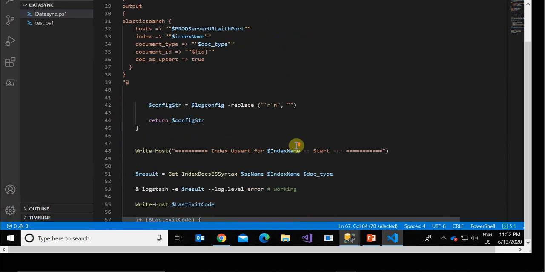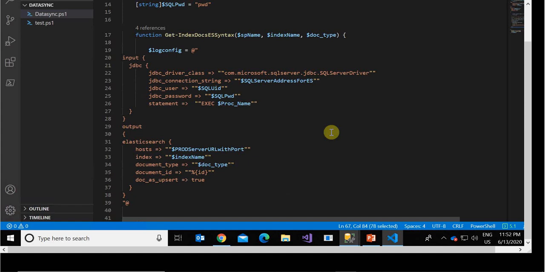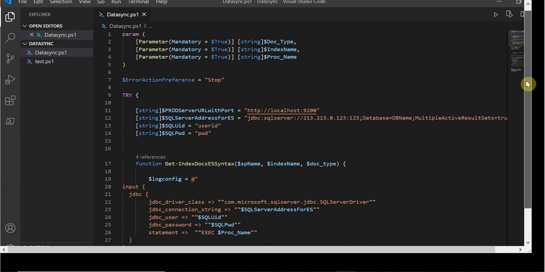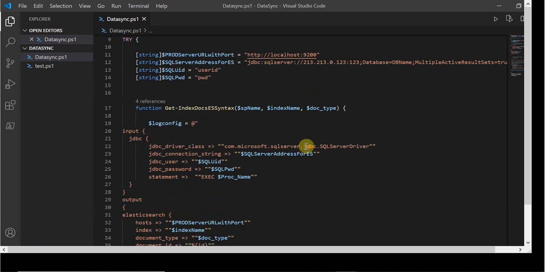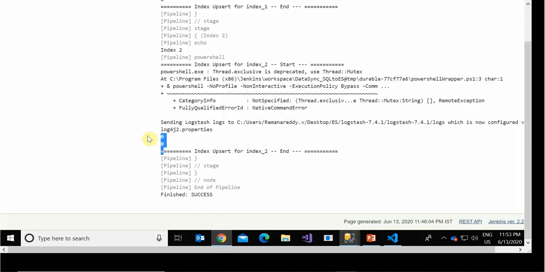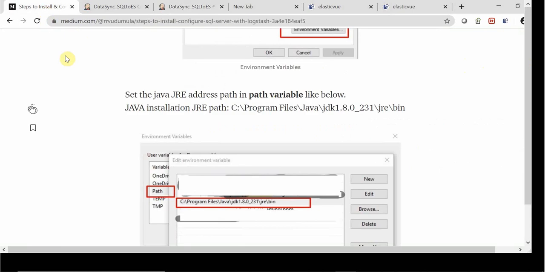This is the script for continuously syncing SQL data to the Elasticsearch server. Here we may get a doubt: how do we configure Logstash and everything? For that I wrote an article on how to install and set up Logstash on a Windows server.